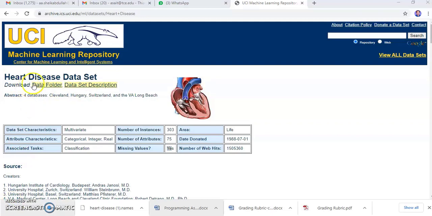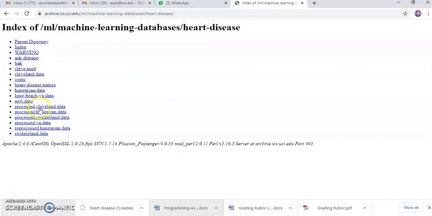Once I click the data folder, I will be provided with the files associated with the data. Here they have three different categories: one is the Cleveland Heart Foundation data set, another one is the Hungarian data set, and another one is the Switzerland data set.